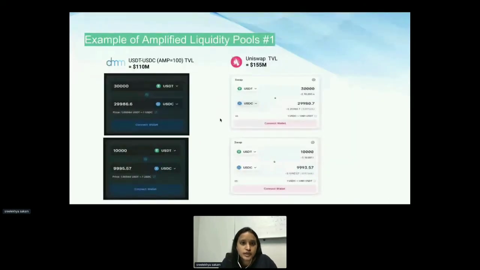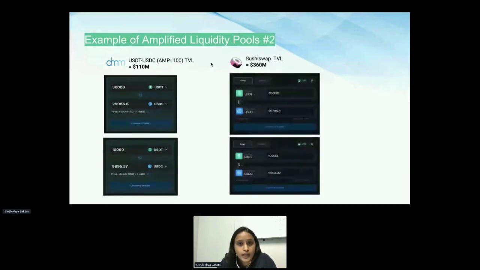This capital efficiency and these optimized returns are achieved by two simple mechanisms. One is amplified liquidity pools with the help of the AMP factor, where we virtually boost the liquidity of a pool by a certain factor. LPs can create pools for stable pairs and closely correlated pairs where the price action is really small. We can have a really high AMP factor and provide better slippage at better rates. For stable pairs like USDT and USDC, with an AMP factor of 100, we have better rates than Uniswap and SushiSwap for certain values,